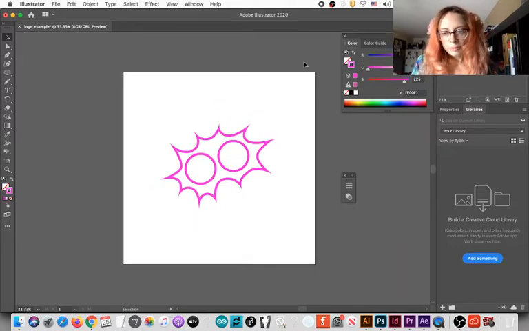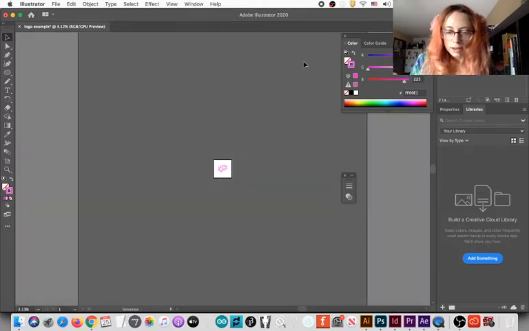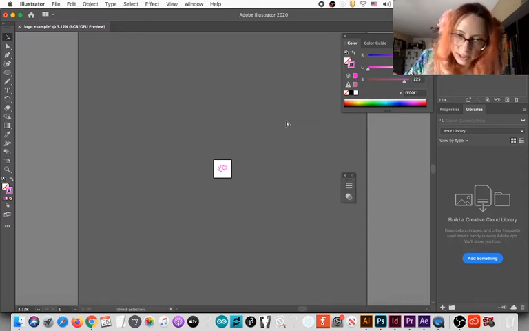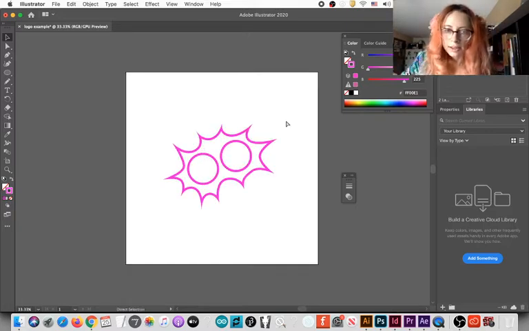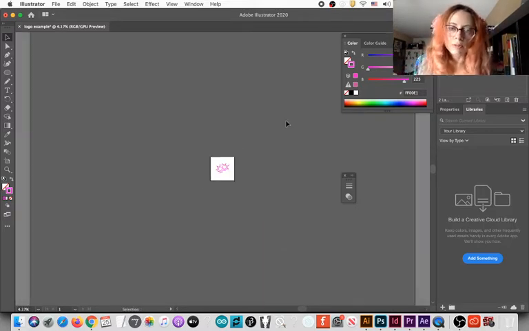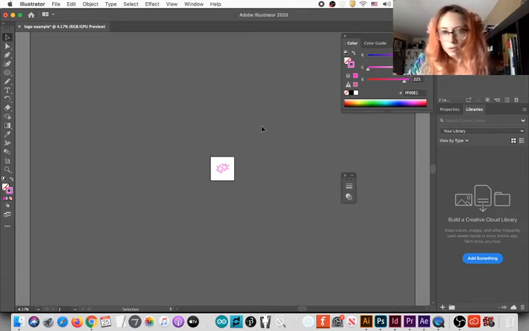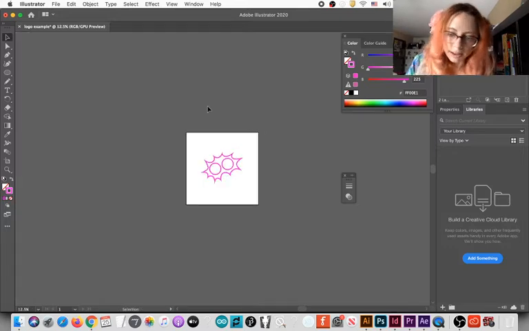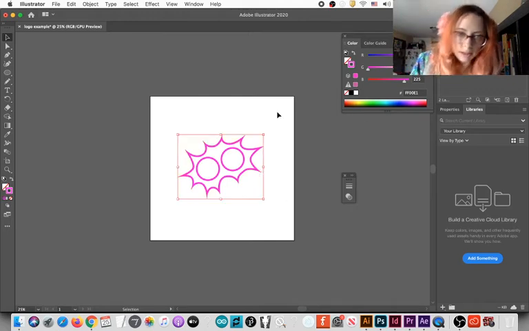Something about logo design: try to look at your logo from very far, or make it really small. How do you make it really small? Command and minus, or Control and minus, depending if you're on Mac or PC. Command minus is zoom out, Command plus is zoom in. And if your logo doesn't look memorable and readable when it's small, it's probably not a good enough logo. Like this one, the lines are so thin when it's small, it's not even readable.